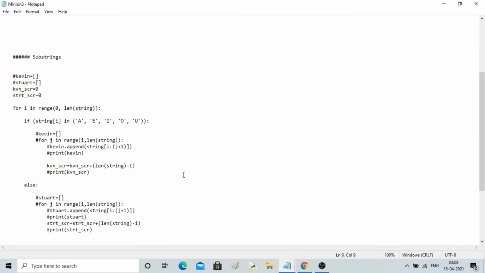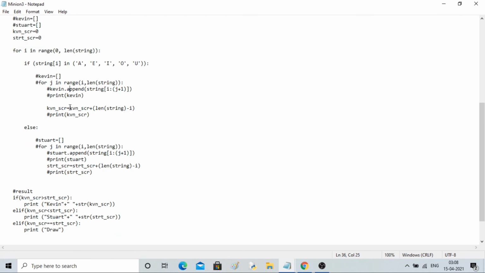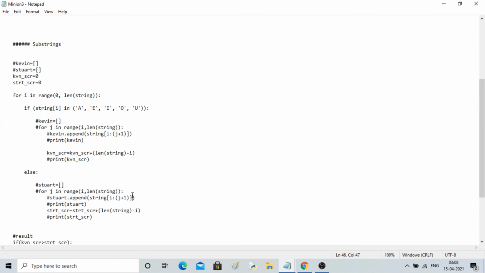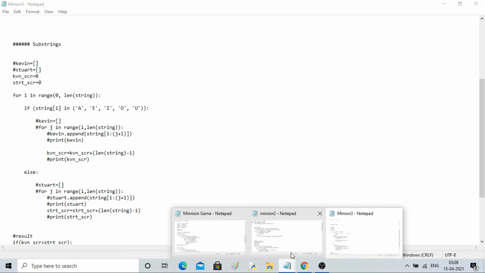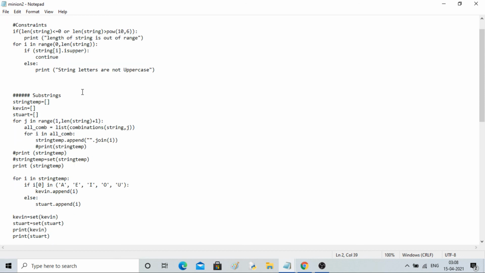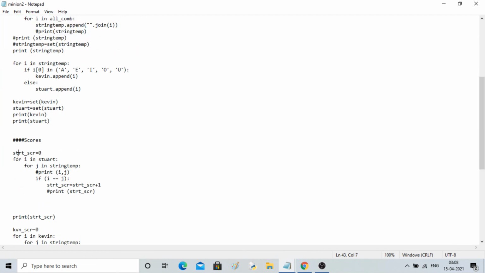Then what else I did, see this big giant thing I've commented out. So this was the shorter version actually. Here you can see I tried something else, string i plus something. Then let me show you another code which I was trying. I was trying different combinations actually. Initially I thought a lot of combinations would be required, so I was calculating all sorts of combinations. Then from there I was calculating the score with a double for loop.